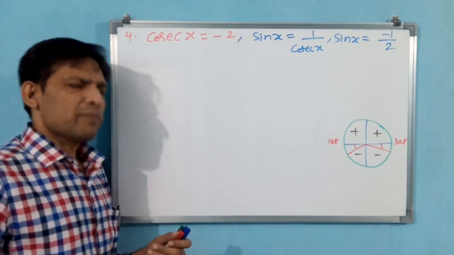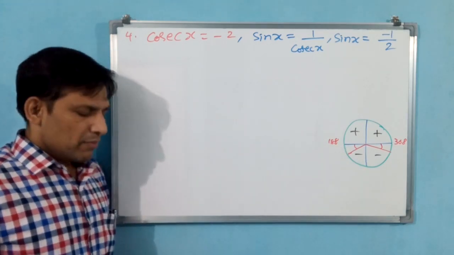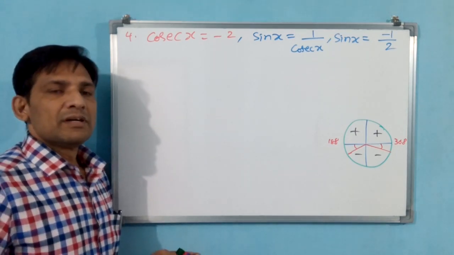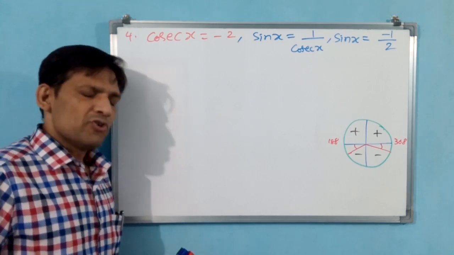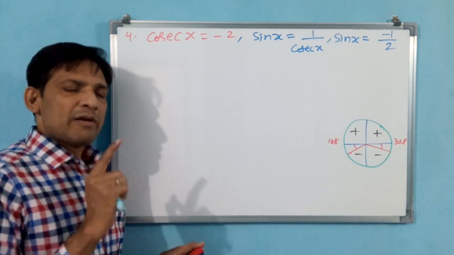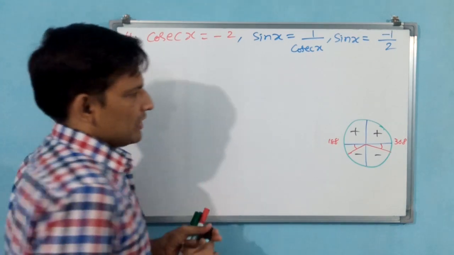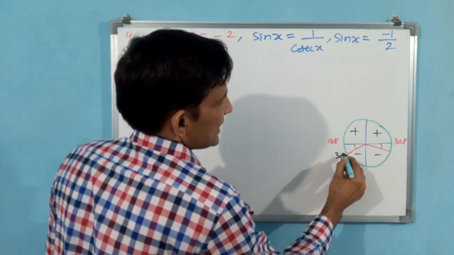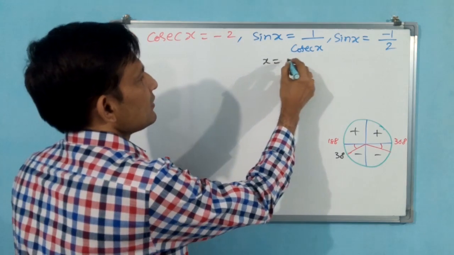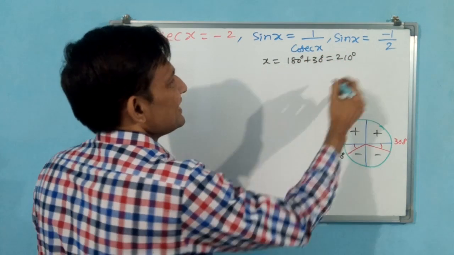First you take the positive value, then we will apply the same angle here. Positive value sin 1 by 2, where does it come? 30 degree only. 0 means 0, 30 degree is 1 by 2: 0, 1 by 2, 1 by root 2, root 3 by 2, 1. So 30 degree will come. I am writing here 30 degree. 180 plus 30 is 210 degree. You write the same thing: x is equal to 180 degree plus 30 degree, that is equal to 210 degree.